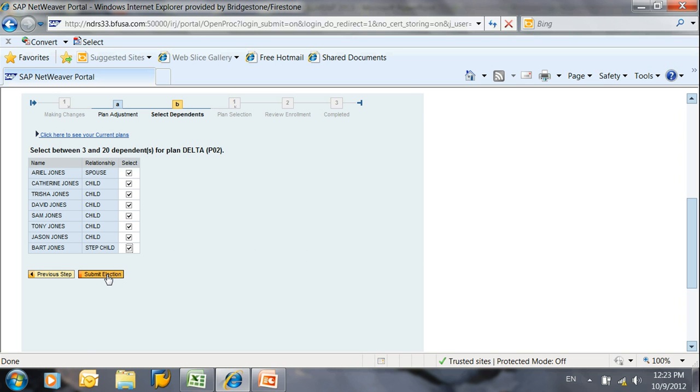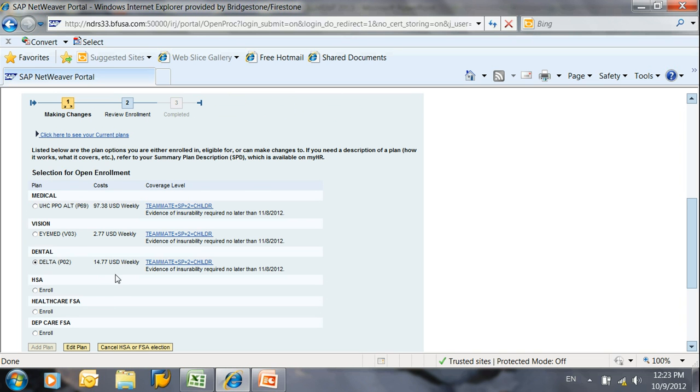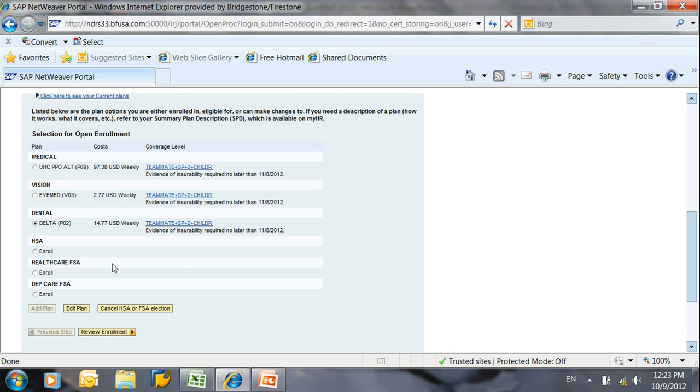So I need to make sure they're all checked. Submit that election, and you'll notice that pops up again. But again, it's the same evidence of insurability for that one child that I added. Okay, so now I am enrolled in medical, I'm enrolled in vision, I'm enrolled in dental,